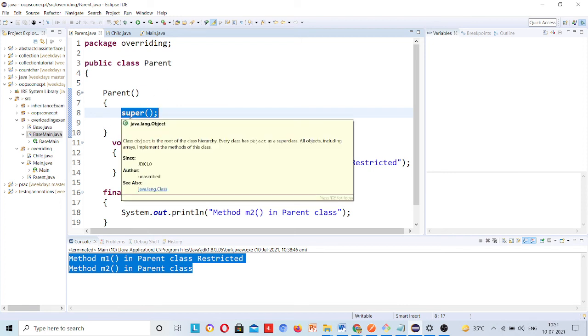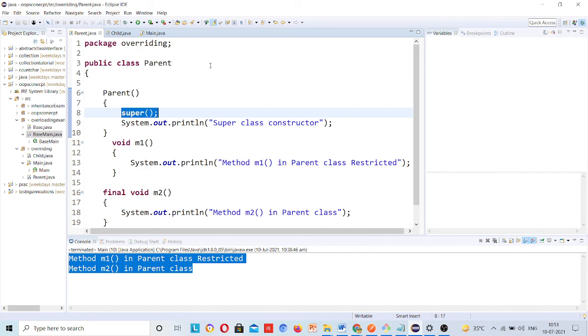Every class extends the top class of Java, which is Object, if you don't write it. Nothing is printed in the Object class. If a Java developer wrote something there you would see it, but here there is no code inside.